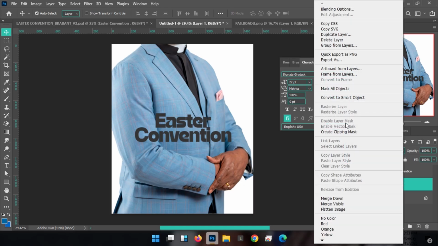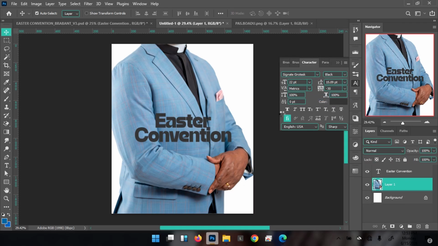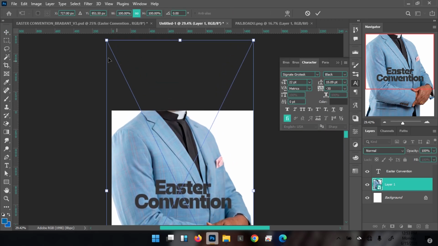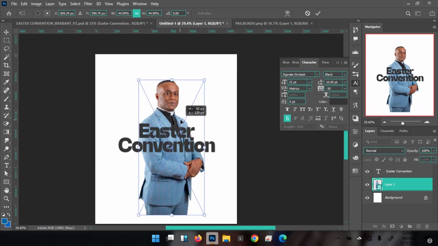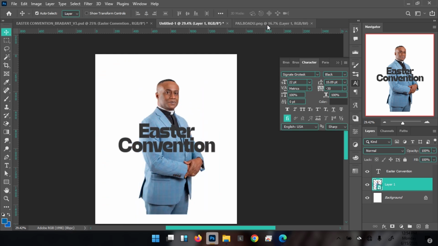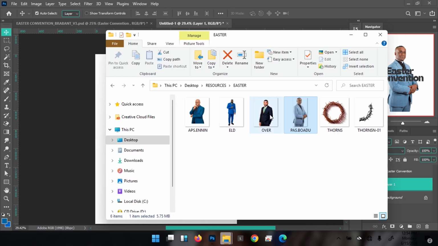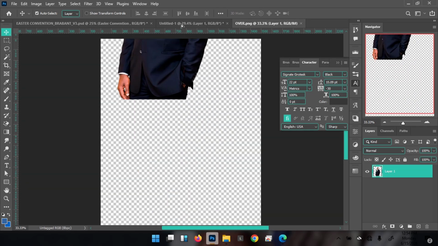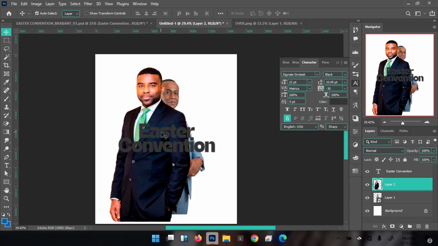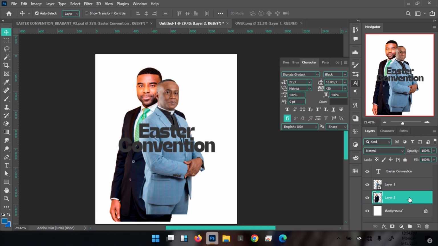So you right click on the image and then you convert it to Smart Object. It is going to help you with presentation issues later on. So press Ctrl T and scale it down. So like so. Okay. Then let's quickly import the rest of our images. So we have this minister of ours. So you just import and then, just as I did for the first one, you drag it underneath. So like so, you convert to Smart Object, then Ctrl T,